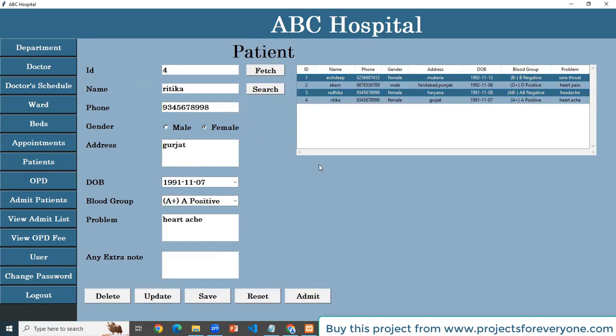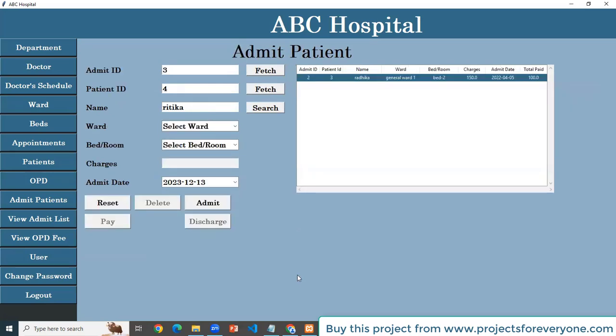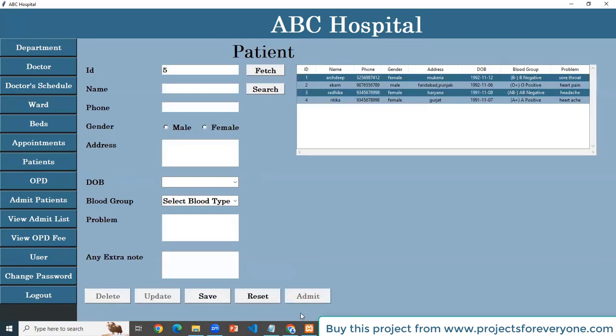Now here we can create records of new patients and view them. We can also admit patients.